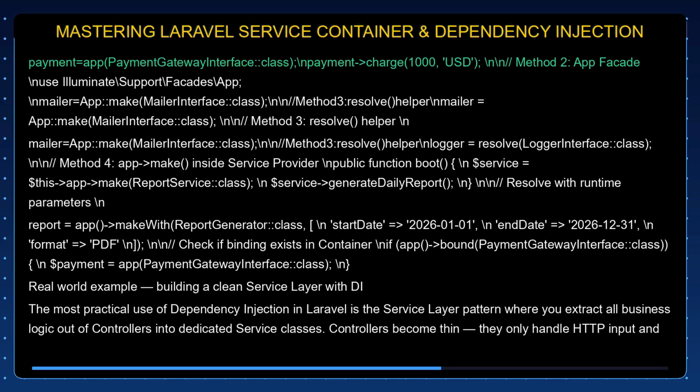$payment = app(PaymentGatewayInterface::class); $payment->charge(1000, 'USD'); Method 2. App facade. use Illuminate\Support\Facades\App; $mailer = App::make(MailerInterface::class); Method 3. Resolve helper. $mailer = app()->make(MailerInterface::class);